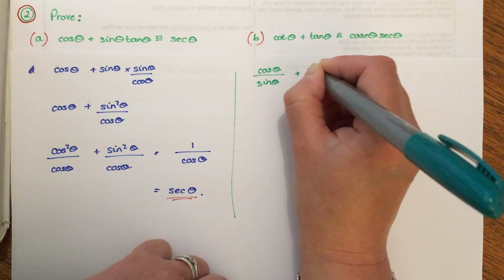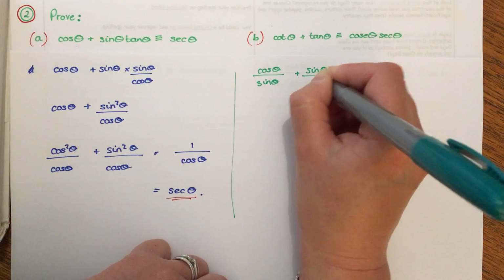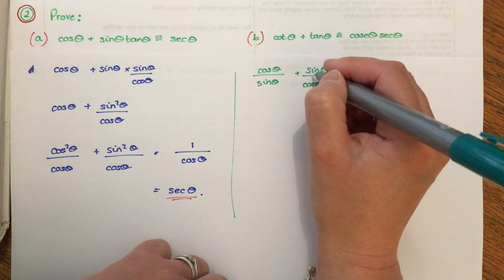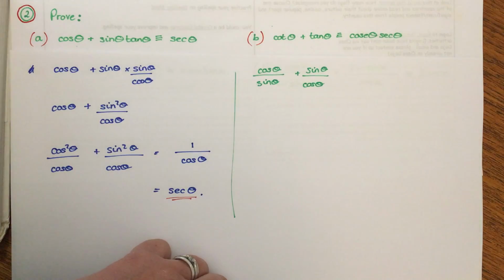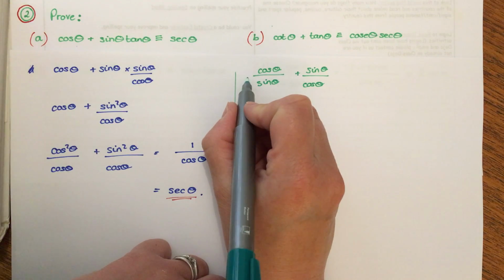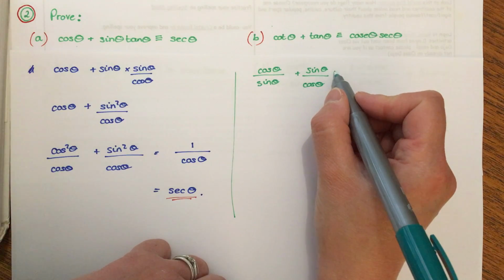Tan is sine theta over cos theta. So I'm starting with the left-hand side. I do something to it. Hopefully I'll end up over here. I'm going to cross multiply these. So I'm going to times this side by cos theta over cos theta and this side by sine theta over